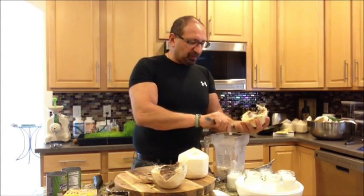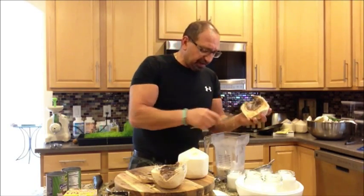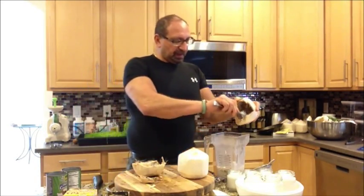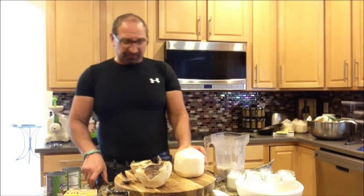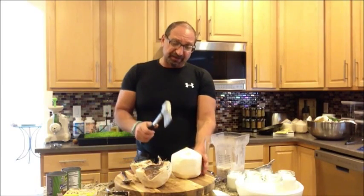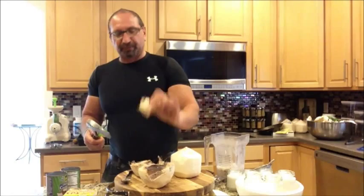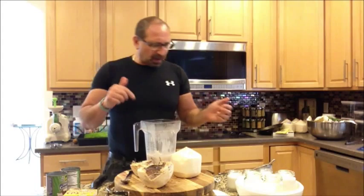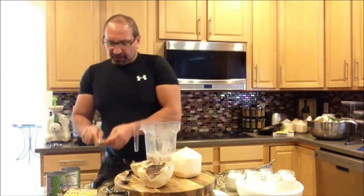But I think most people will do more coconut and less water, which is great. It just gets very expensive. I didn't show you opening the coconut, but if you do want to, take a very good knife and be very careful. I like the axe. It worked really well. I went on four corners a couple of times until I was able to pop open the lid. So once again, we're going to throw in two probiotics into this,